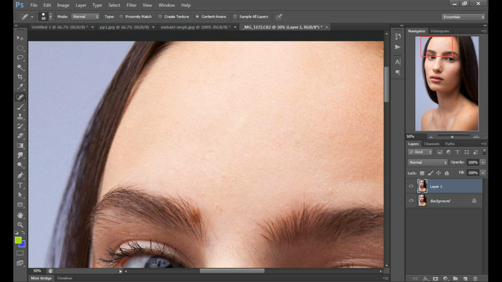You mean to say click and drag, right? If we have a larger or longer spot, we have to drag, or if we have only a single spot, just click on that.